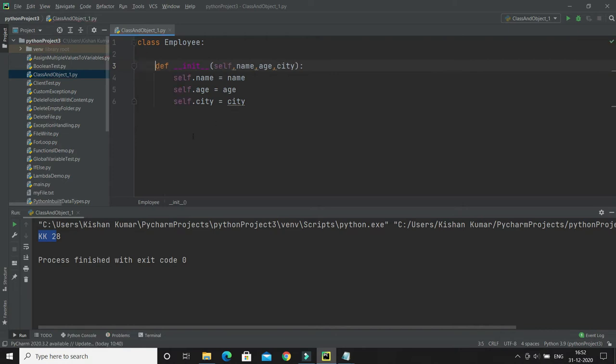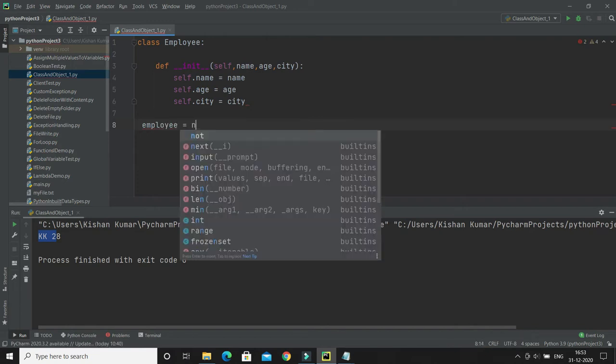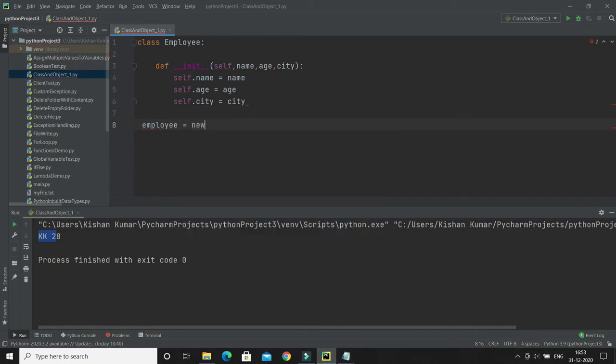Let me show you. When I create an object of this class, this method or constructor will be called automatically. You don't need to call it explicitly. So here I'm going to create an object of this class. Sorry, not new.